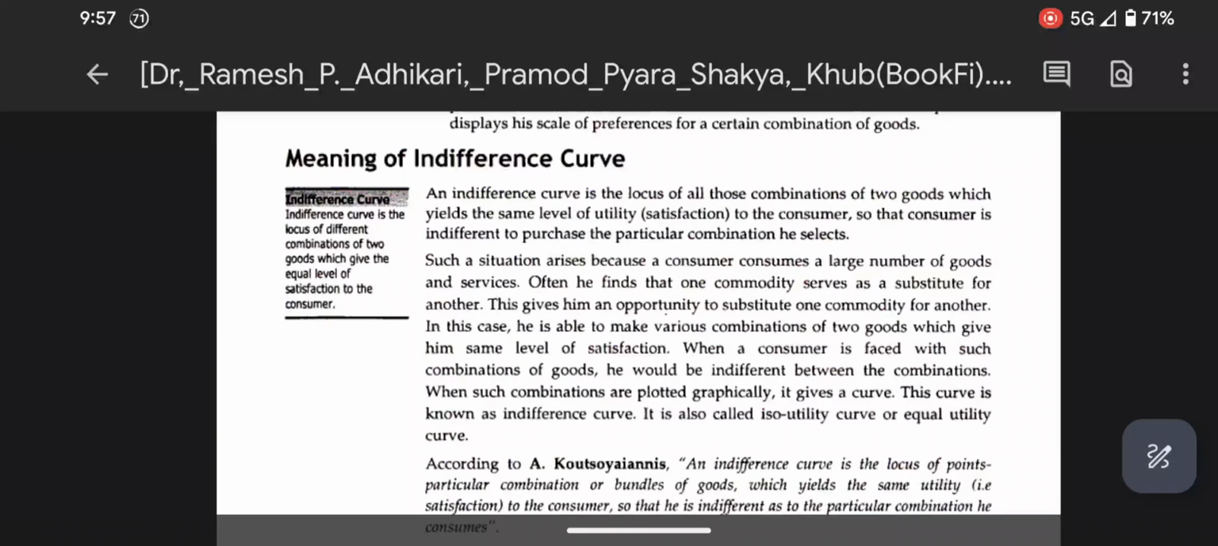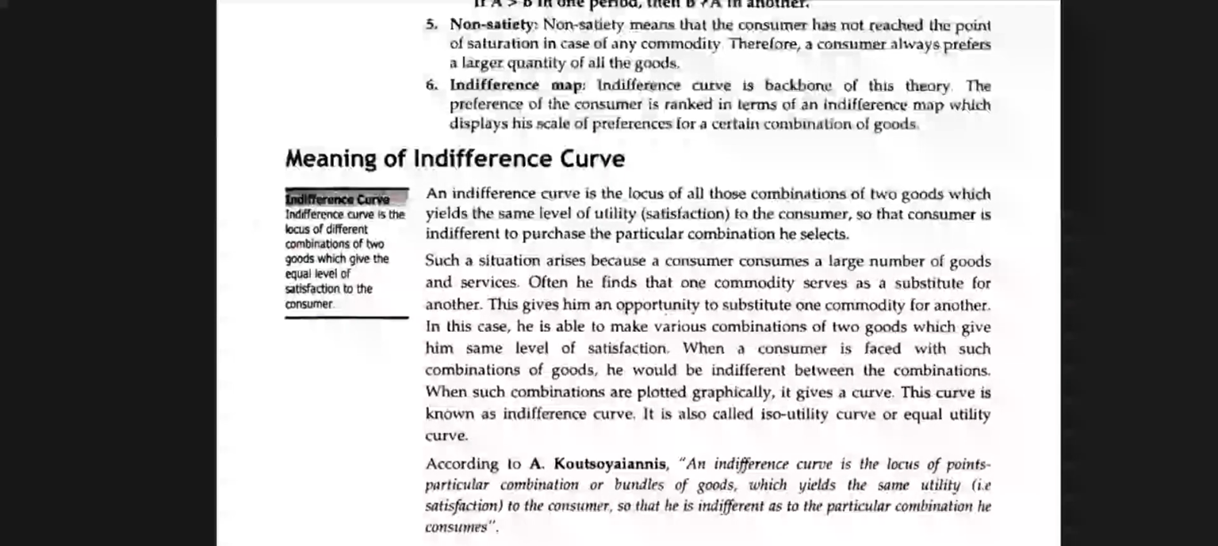After cardinal theory, there are two different approaches in ordinal theory. The first one is the indifference curve. The indifference curve approach is a fundamental concept in consumer behavior theory. It is based on the idea that consumers derive satisfaction or utility from bundles of goods rather than an individual good. This approach is a part of ordinal theory, and it emphasizes the ranking of preferences without quantifying the absolute